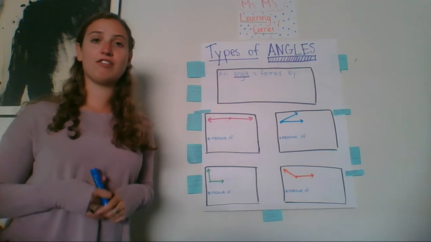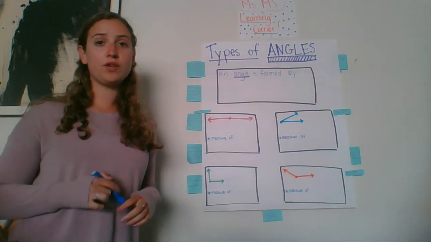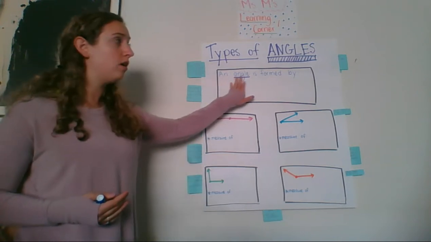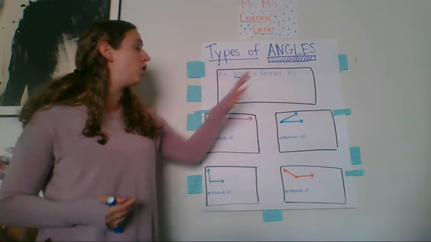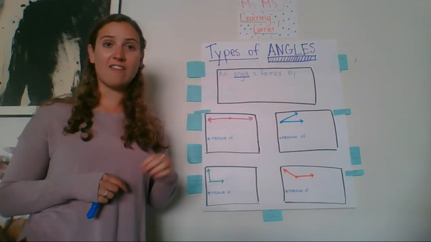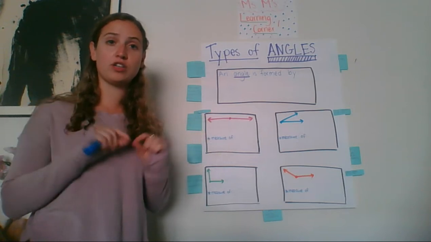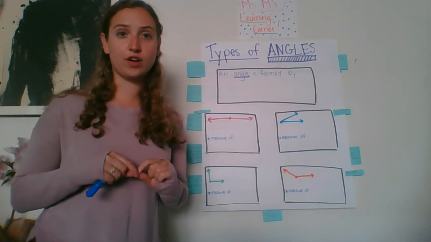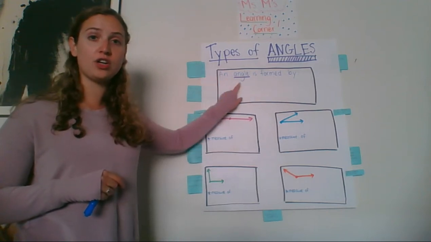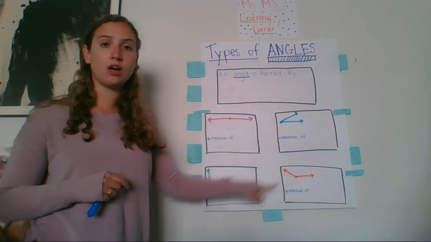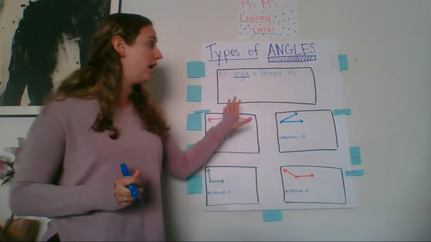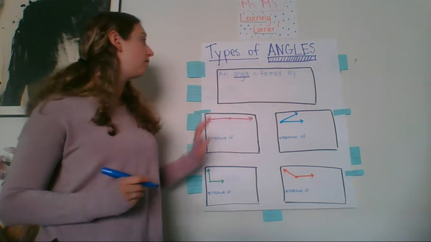Before we talk about the different types of angles, we're going to review the definition of an angle itself. So an angle is formed by two rays that share the same endpoint. And that endpoint, where the two rays share, that's what we call a vertex. So first, let's go ahead and write down our definition of an angle, and then we'll talk about the different types of angles. So again, an angle is formed by